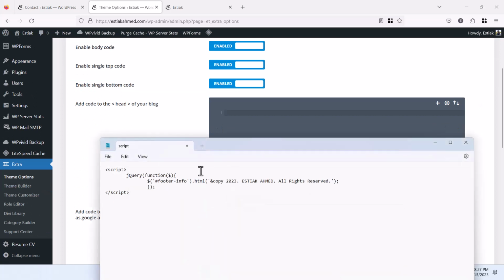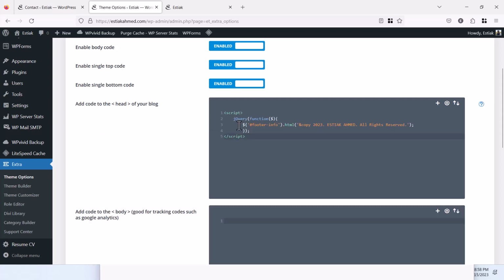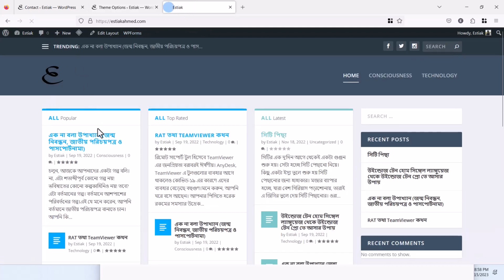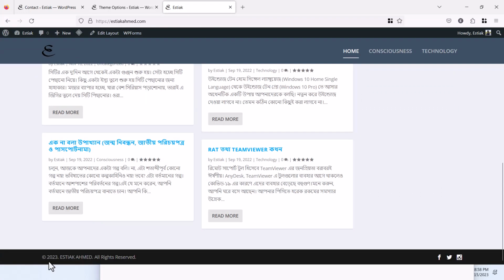For our first learning I have just written it already. If you wish to change something you can change it here. 2023 Estiak Ahmed, all rights reserved. You can change it here directly. I'm just copying and pasting it here, in the script, under the jQuery function. Just click here, save changes, and then just refresh the page, and here